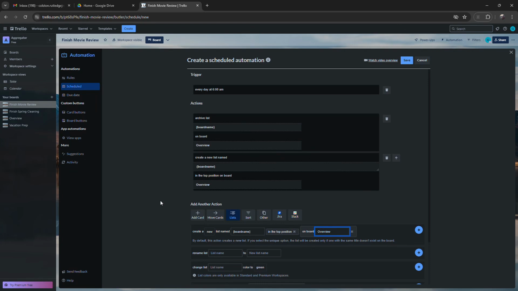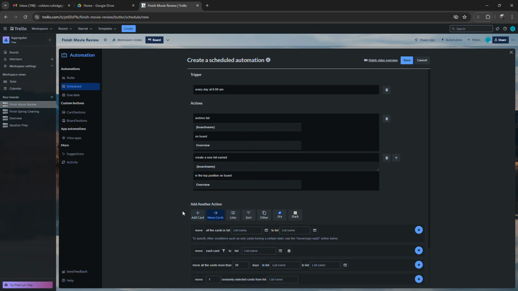Now that we have the new set of lists created, we're going to move the relevant cards over to the relevant lists on the aggregate board. We're going to select the Move Cards set of actions. Here,